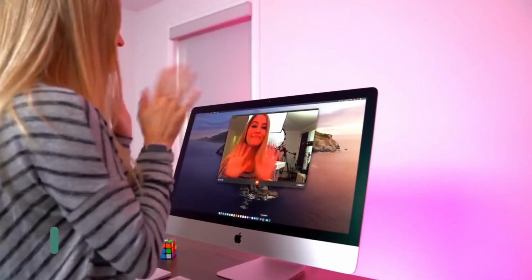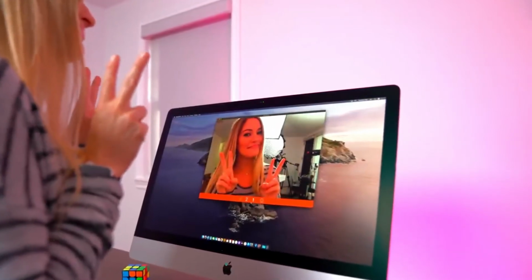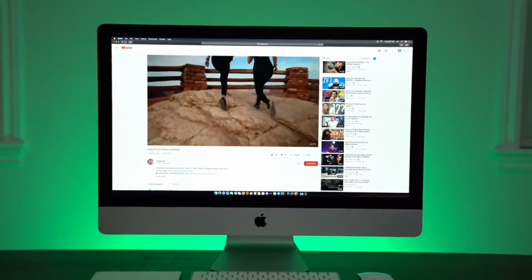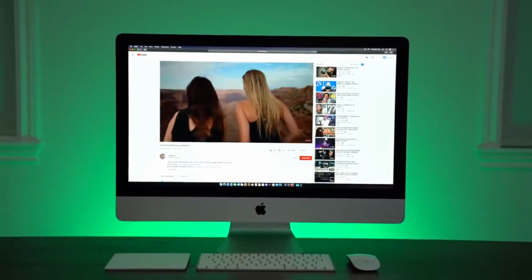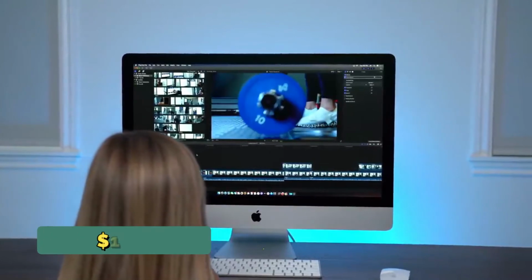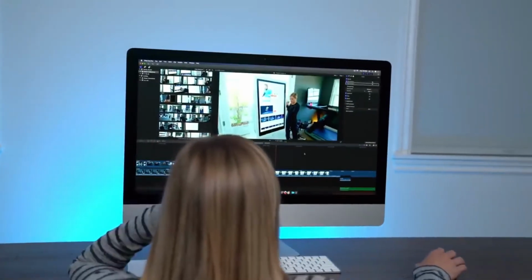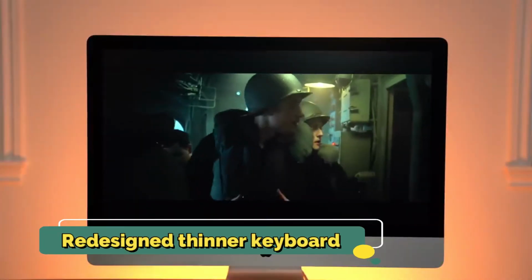Number 3. iMac. The new 27-inch iMac with Retina 5K display is the third best MacBook for video editing. It has the most attractive price-performance ratio and enables editing 4K videos in full size with visible controls. The base model is on the lower side of the price range, being only $1,799, but that is for less advanced specs, including the latest Broadwell CPUs, USB Type-C, a redesigned thinner keyboard, and